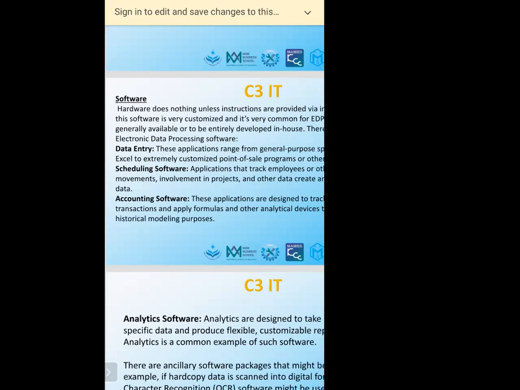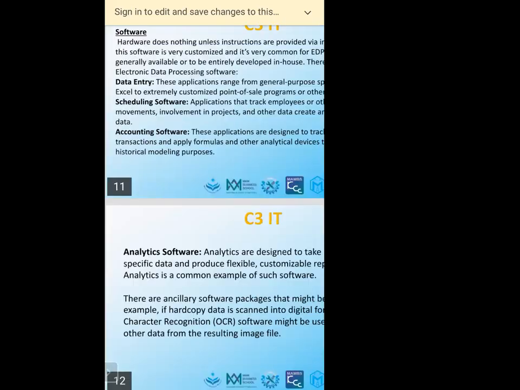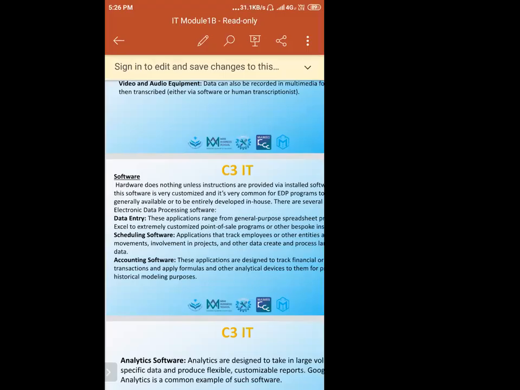Spreadsheet programs such as Excel. So Excel is one of the data entry software. Whatever data you can enter from Excel, from any software, we can take that one. For example, I am using point of sale software, but I enter all the information in my Excel sheet. Through the point of sale software, you can access what we entered from the Excel sheet. You can import those data.